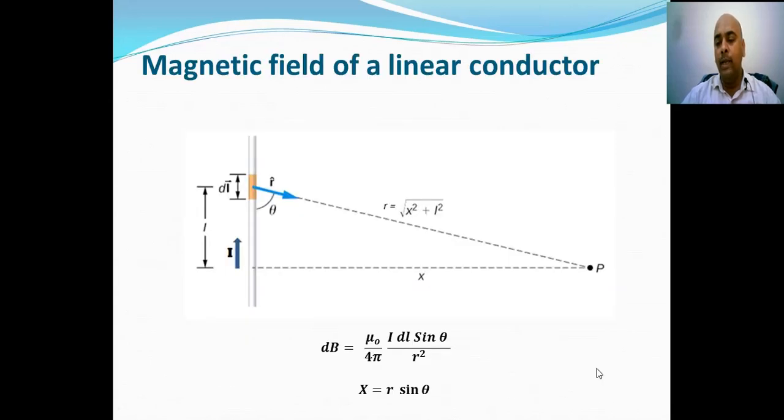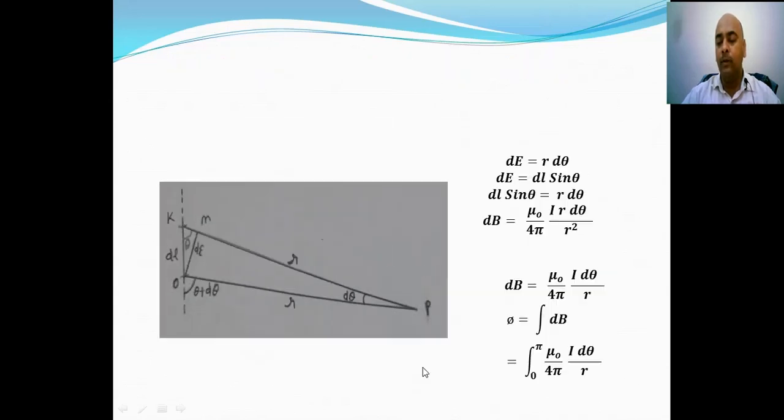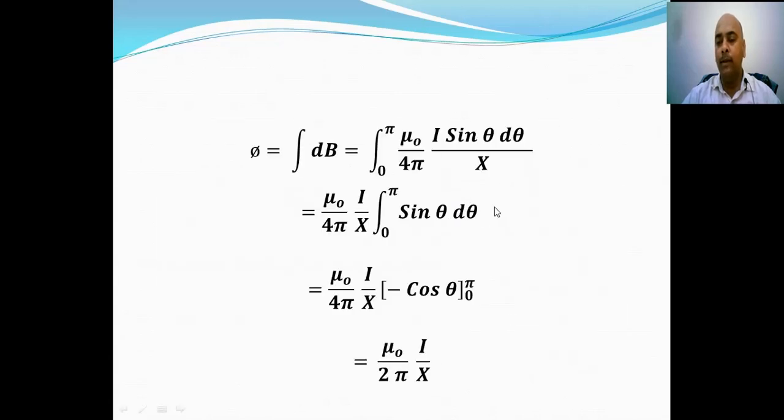We also know from this triangle that the relation between x and r is x is equal to r sine theta. Because x is a constant quantity, we put x over here, and we obtain that the total field is the integral from 0 to pi of mu naught upon 4 pi I sine theta d theta upon a constant x. So we can put all these constants outside the integration, and after integrating it we obtain that